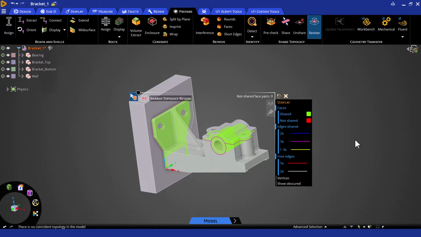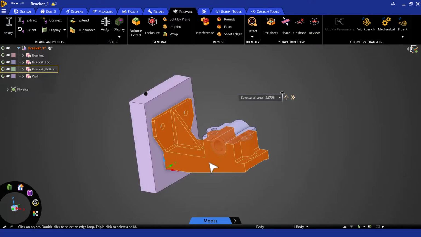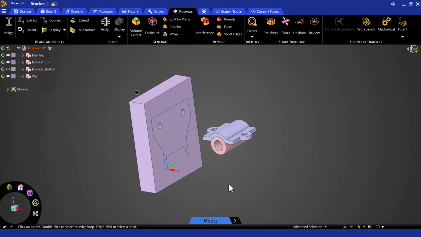As we discussed earlier, during the shared topology operation, it imprints the faces at the common interface and merges them into one. Let us hide the bracket bottom body. We can see that it has imprinted the common face on the wall body. This imprinted face is shared between both the bodies